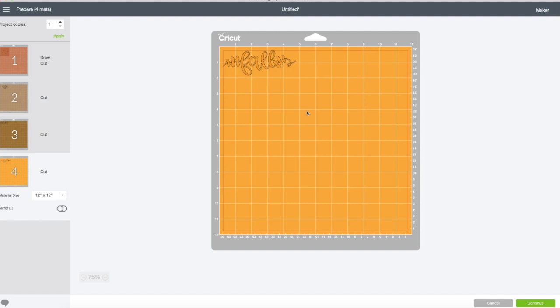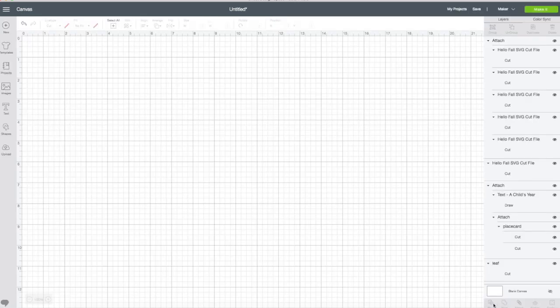If I'm doing a towel, I'm going to cut this out of vinyl. So the next step would just be to go to continue, and I would choose my material and mirror it because it's iron-on, and then cut it out and iron it on. I'm going to cancel out of this for now, but this is the first step in